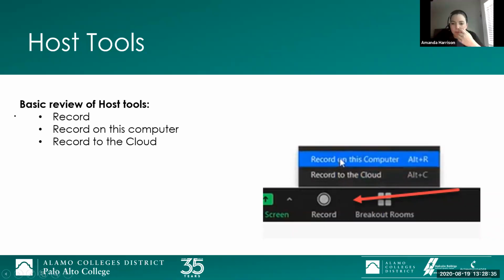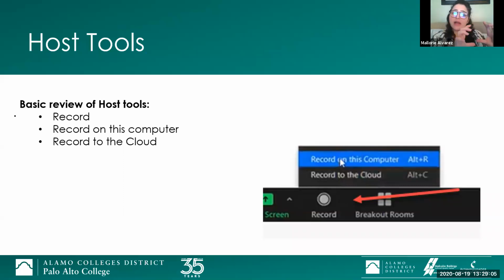Joseph asked, and I haven't answered this one yet: can we record when our students are minors, for example early college high school? When you record your Zoom meeting, I'm going to review the Zoom record settings later in this PowerPoint. But as long as you're just recording the person who is speaking and the items being shared, the students should not come out in the Zoom recording.